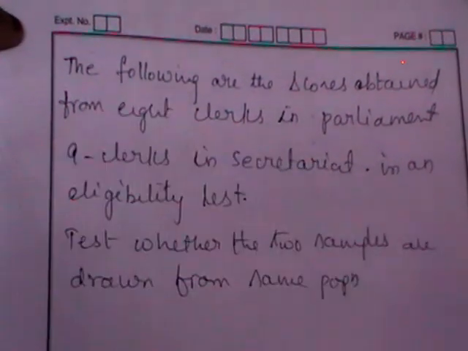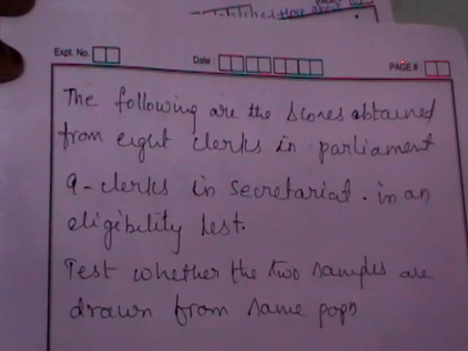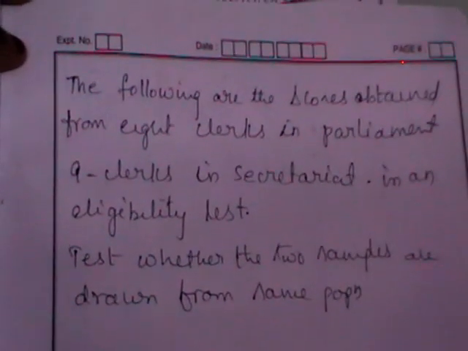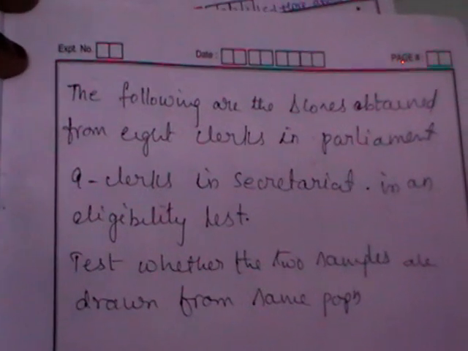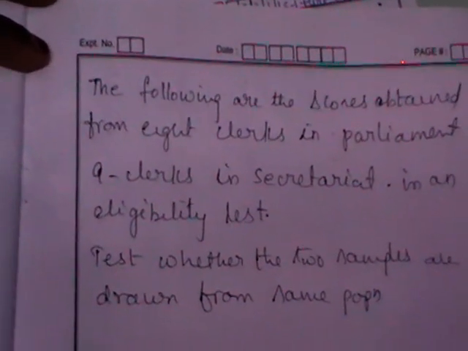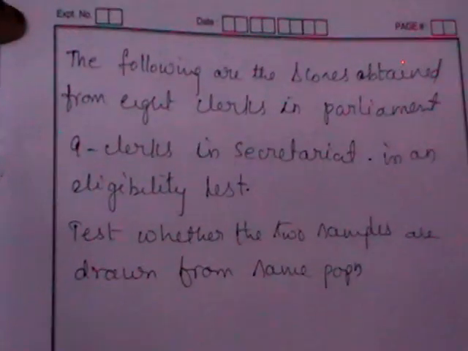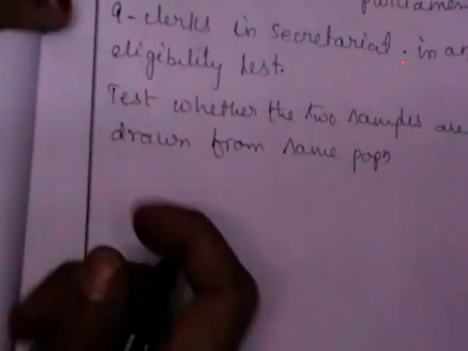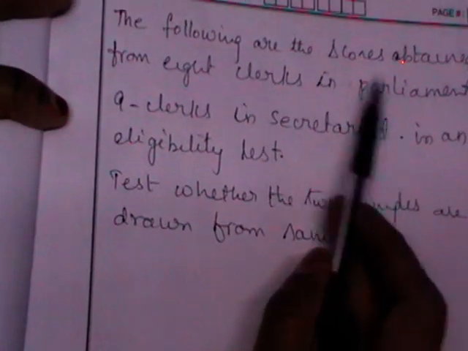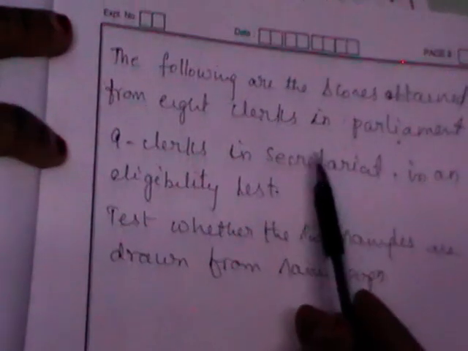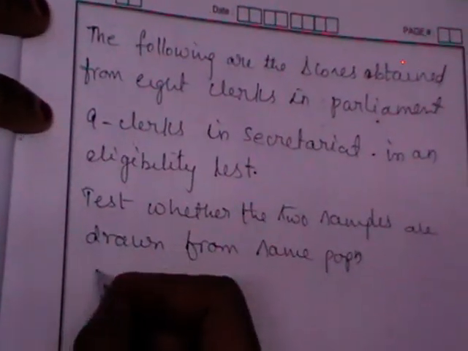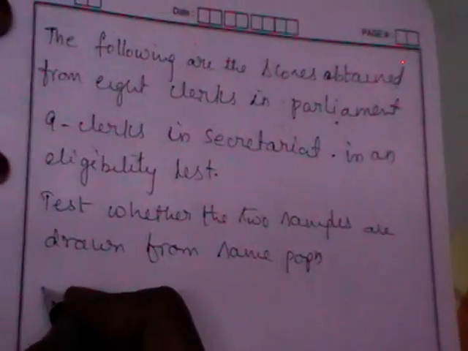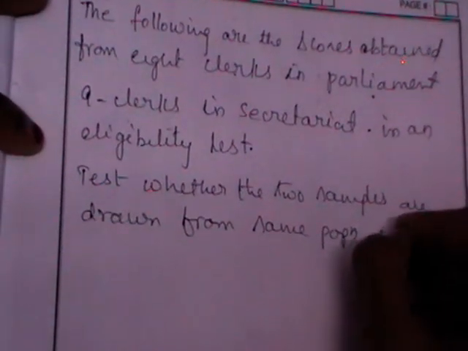The following are the scores obtained from 8 clerks in parliament and 9 clerks in secretariat in an eligibility test conducted for clerks from two different populations. Now you need to test whether the two samples have come from the same population or not using the U test.